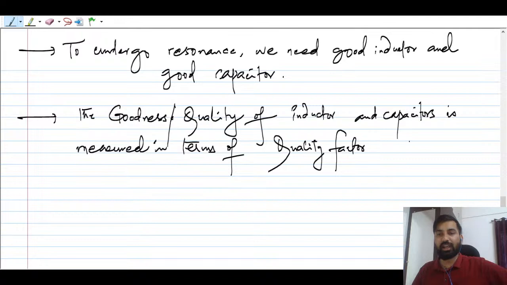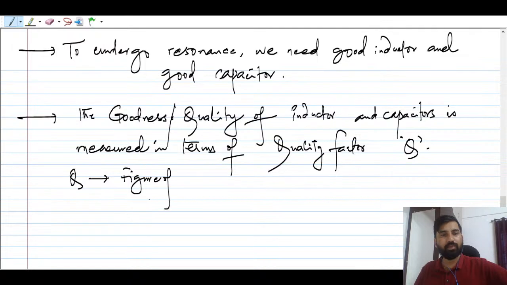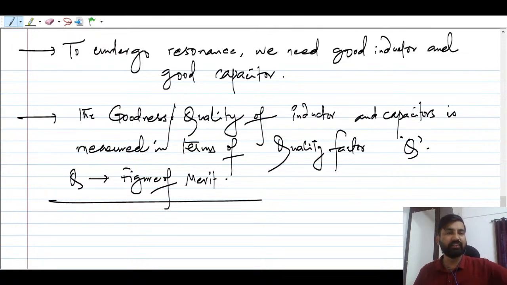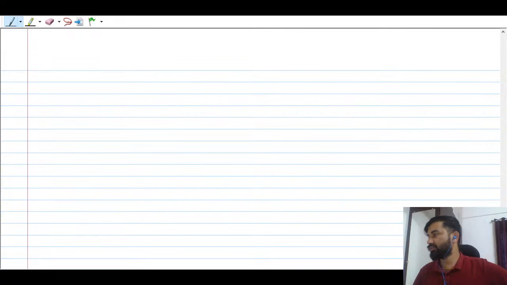We denote it by capital Q. Sometimes we call it Q, sometimes we call it figure of merit. Please remember these points. I think this is clear. So the Q is nothing but a